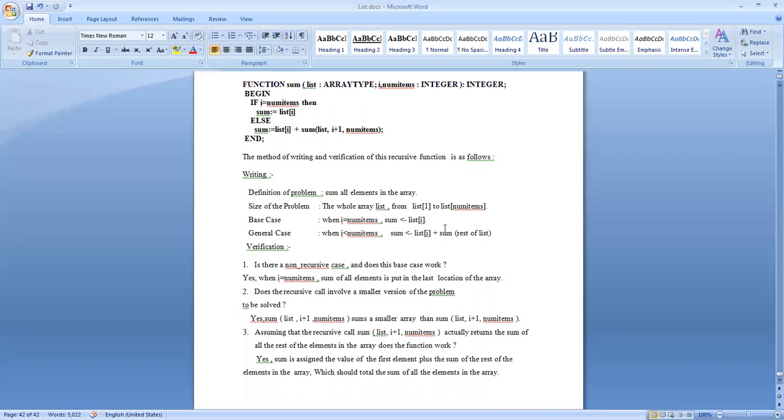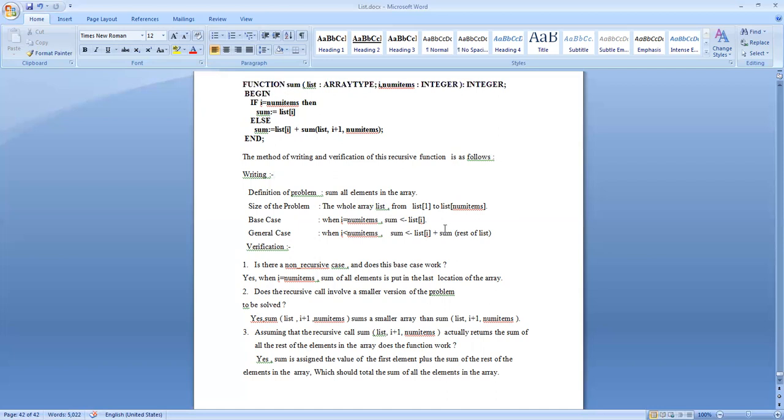As an assignment, I can give you one thing. You can write a recursive function for finding the Fibonacci series, particular terms of the Fibonacci series, n terms in a Fibonacci series. You know what is the Fibonacci number? Fibonacci series is nothing but the third number is the sum of the previous two numbers. That is, the current number is the sum of the previous two numbers. That is the Fibonacci series.